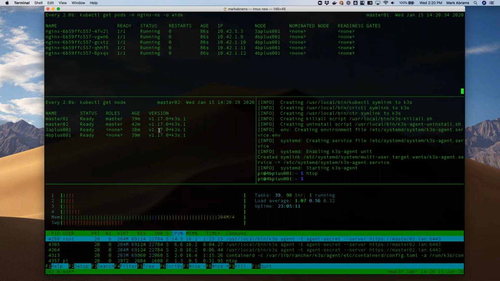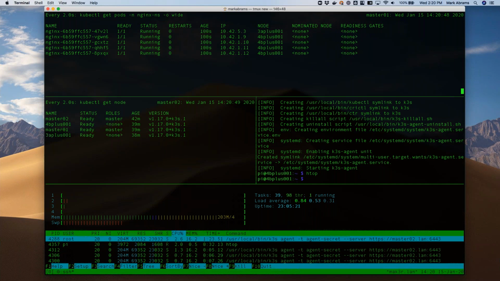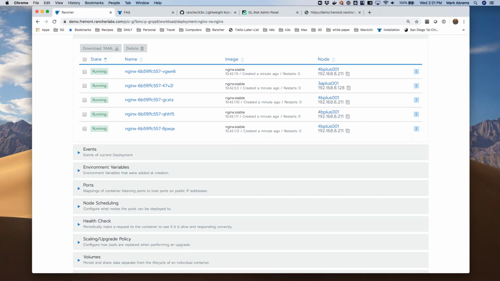So that's pretty much it. That's K3s and the Rancher Management Server. As I said before, we're working on building basically a fleet capability into Rancher Management Server. It's not clear right now whether it's going to be a separate project or whether it'll be embedded into Rancher, but the idea is that Rancher will have